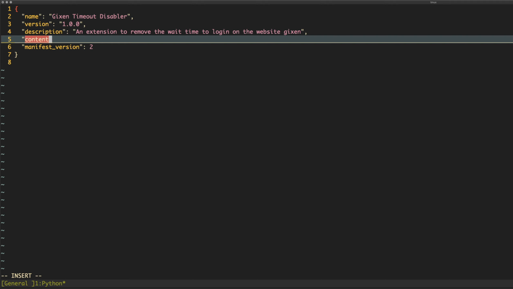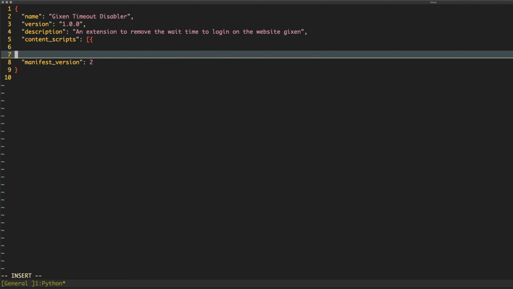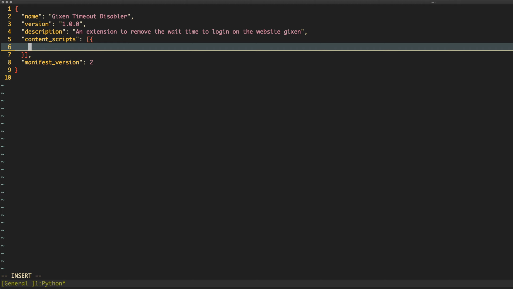So, content scripts. This is an array of objects. So, create a little array of objects. Let's close that off before I forget. So, matches. This is what URLs it matches. In this case, I want to give it an array with just a single string, and this is going to be basically some regex that's going to match all of the Gixon domains. So it'll be like this,